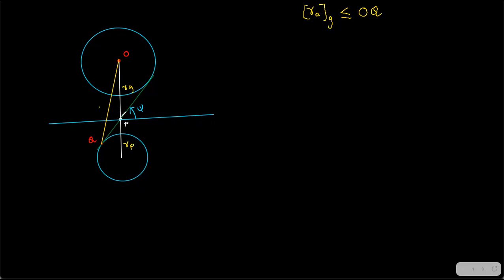And I can see that if I look at OQ, I can see a triangle. Can you all see the triangle? Is the triangle visible? Yes. Yeah. Triangle O, Q, and P. I hope you have seen this triangle. So what I'm going to do is write the cosine rule formula. So what is that? See, this is 90 degrees, guys. This is 90 degrees. And what is this? This is psi. Can you see?